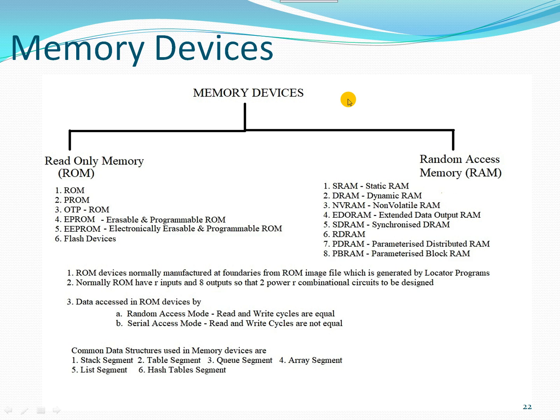So these four kinds of segments are very common in all embedded systems. Apart from them, we may have some of the segments which are listed here: stack segment, table segment, queue segment, array segment, list segment, and the hash table segment. So here the array, list, and hash tables are going to come under the main category of array data structures or list data structures. Queue and table are going to come under the table data structure. So these kinds of data structures are mainly used in